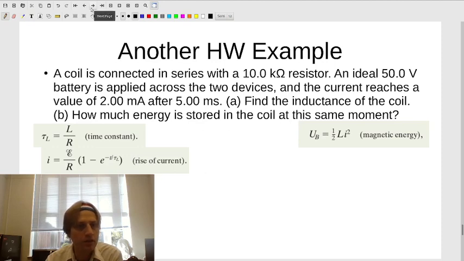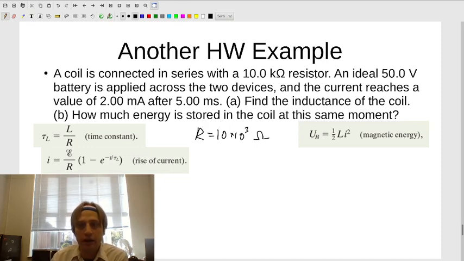All right, so let's take a look at another of your homework problems. It says a coil is connected in series with a 10 kilo-ohm resistor. So R equals 10 times 10 to the 3 ohms. Okay, an ideal 50-volt battery, or maybe I should put it in terms of a squiggly E. Okay, so 50 volts